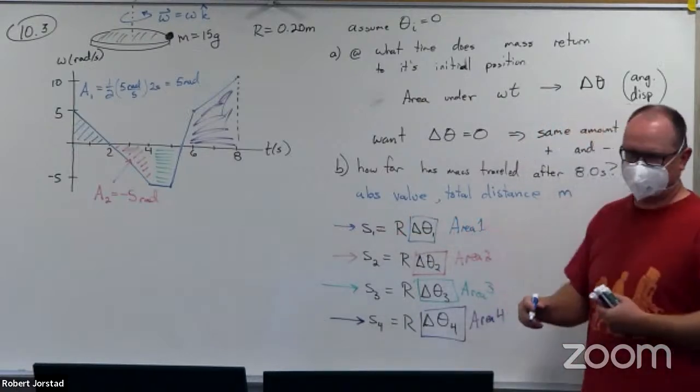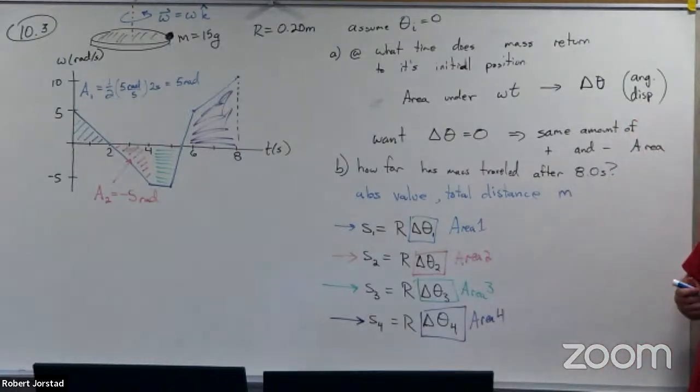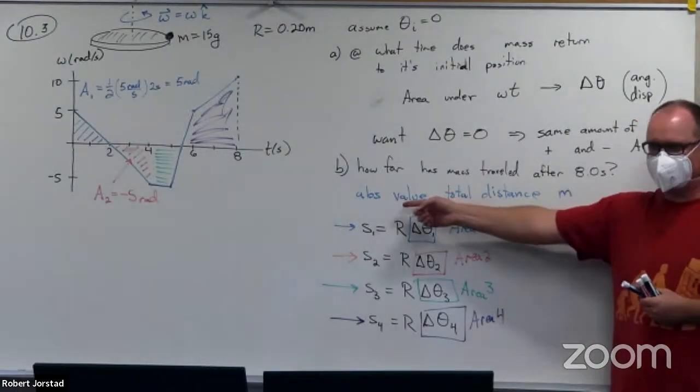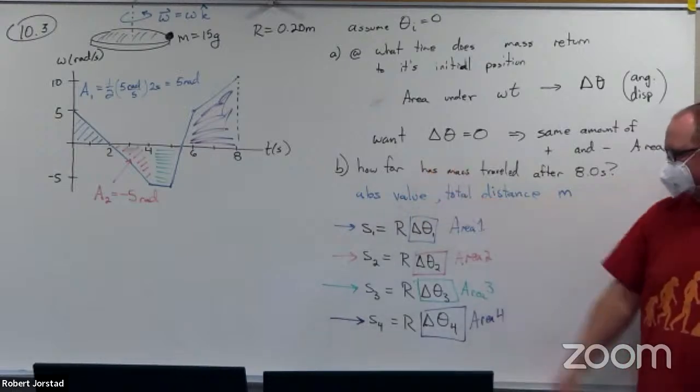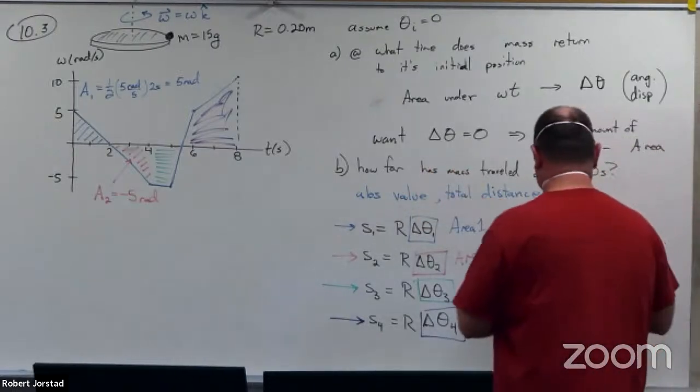And then because some of them are positive and some of them are negative, we've got to get the absolute value. So then S total, or distance,